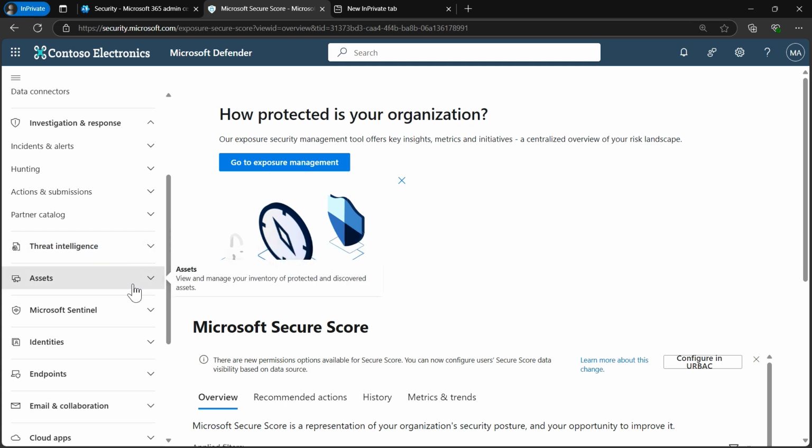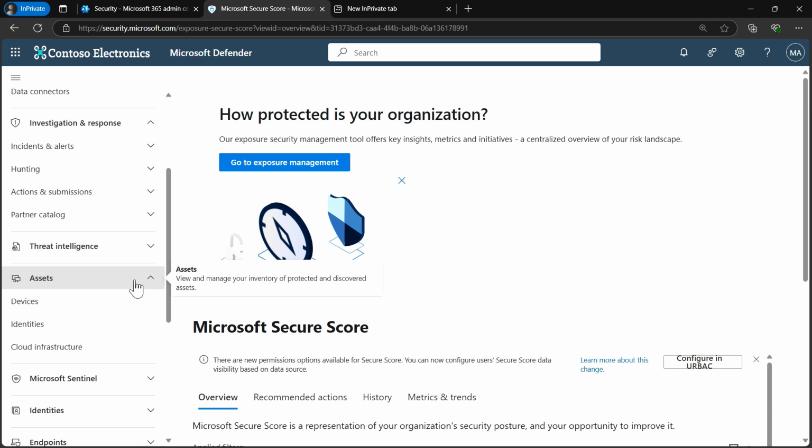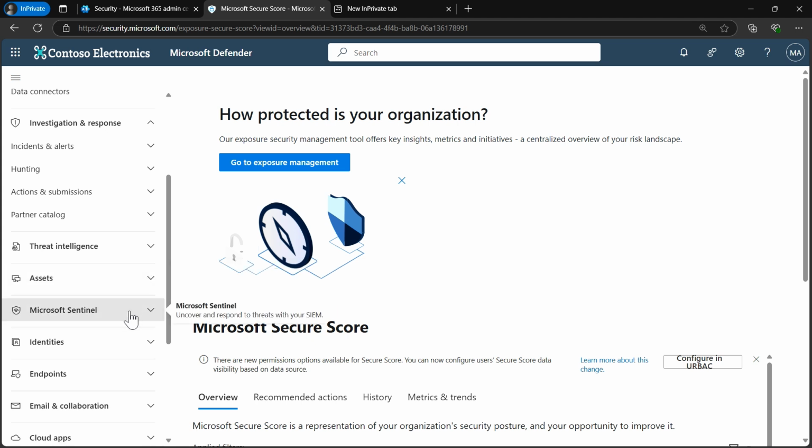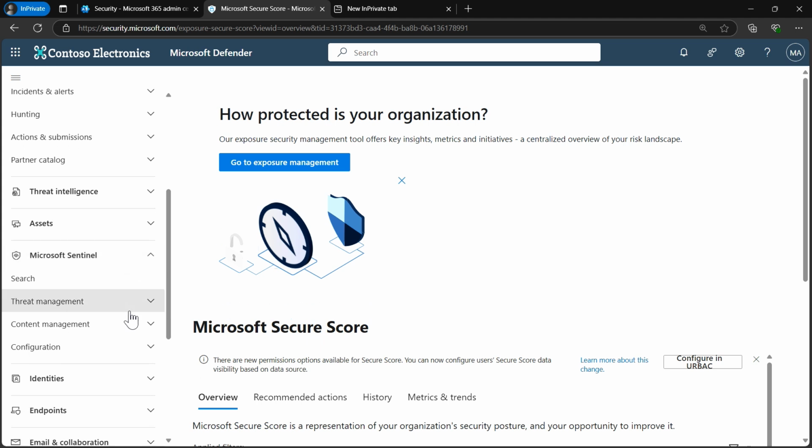We have also assets, and in here you can view and manage your organization's inventory of protected and discovered assets from devices, identities, cloud infrastructure. We have also here Microsoft Sentinel, and some Microsoft Sentinel capabilities are also available in here. So we could see, for example, search, threat management, and configuration.